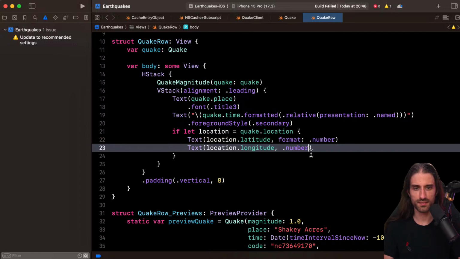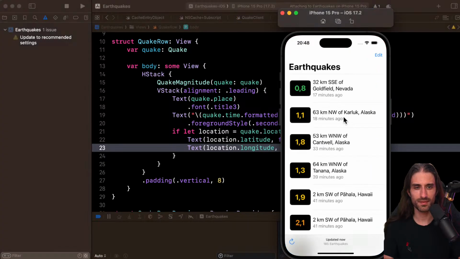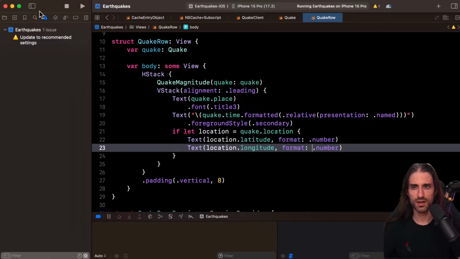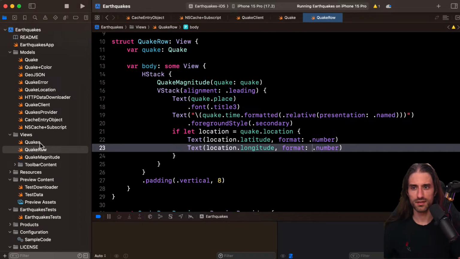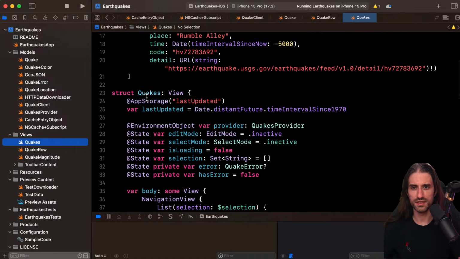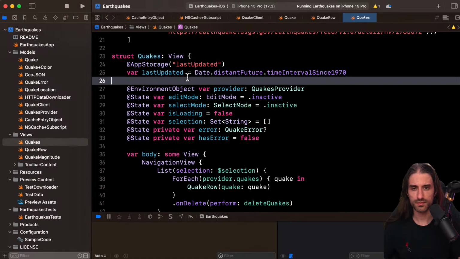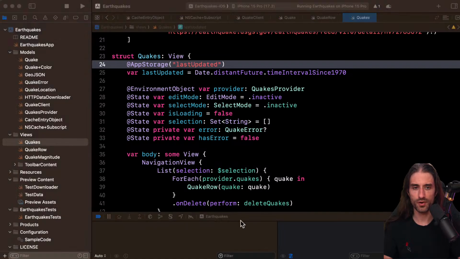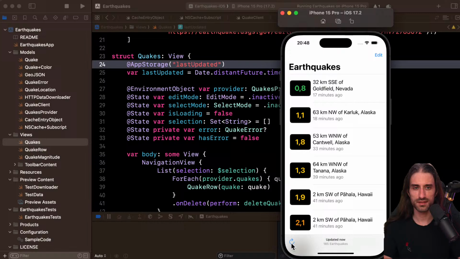And I forgot to say, okay, so here you need to say format. All right. Is it going to work this time? All right. Why don't we have the data displayed here? Let's see what happens when this view is shown on the screen. So we have this quakes view. Oh, maybe I need to manually refresh it. I didn't try that. Let me try that. No. And we have earthquakes which are less than 1 hour ago.